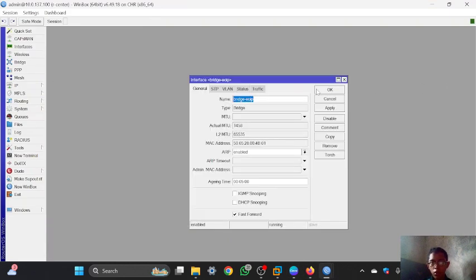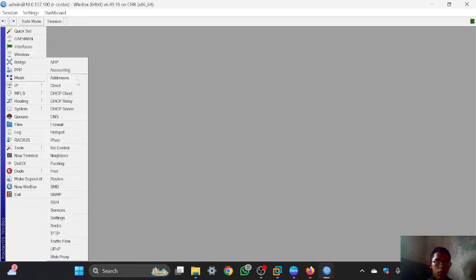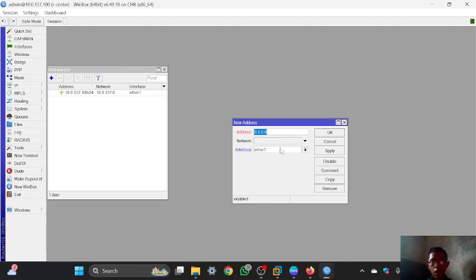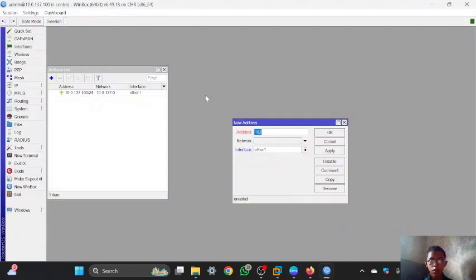You can go to IP, and then addresses. You can click add, and I will add an IP gateway, and the IP gateway must have the same network as the IP of VPC1 and VPC2, and I will configure it in the router center first, and I will configure it with this IP.